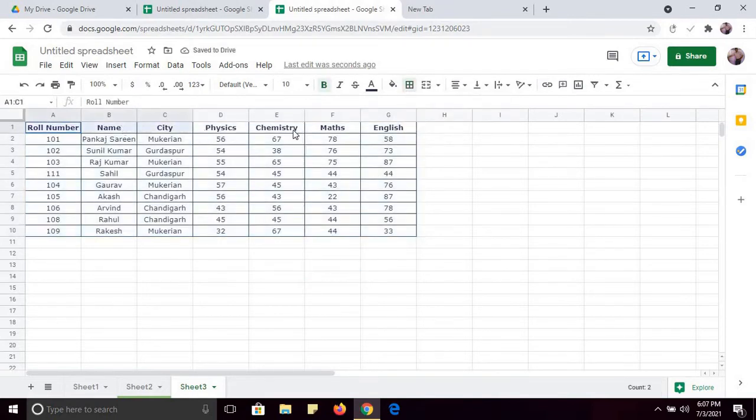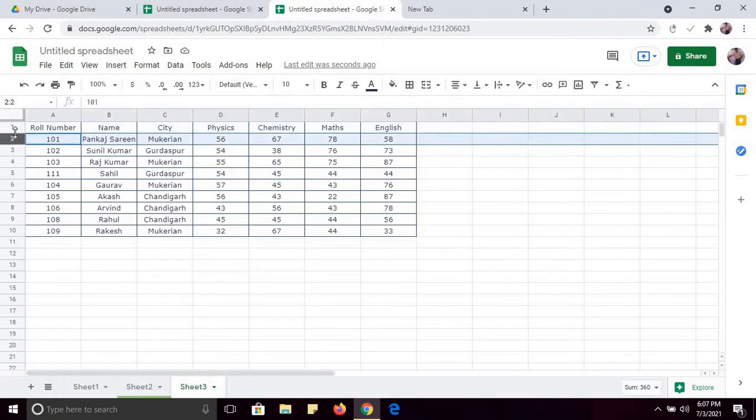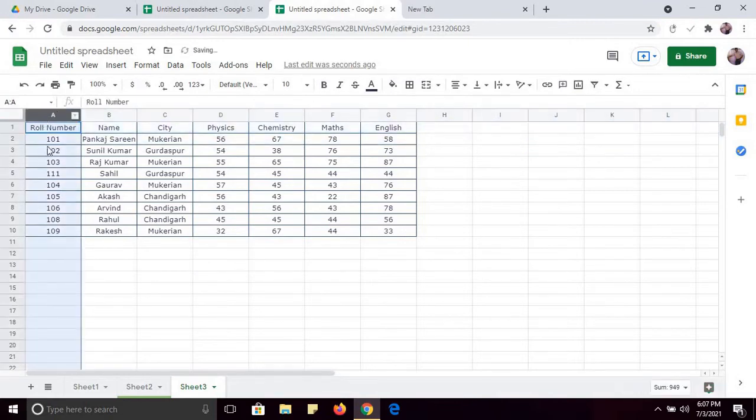Fine. And if you want to see, this text is bold, and if you want to apply bold text to some row, just select that row. You can select the row by clicking here, 1, 2, and you can select the columns from here by clicking A, B, and so on. I want to apply bold text to this row, so just click this row and click on bold. So you can see the text is in bold.